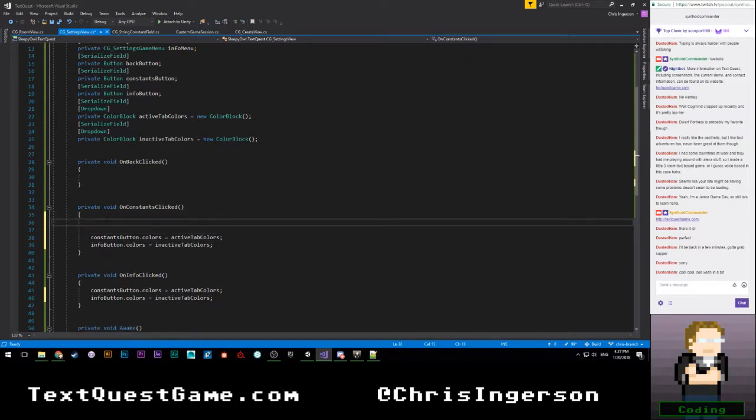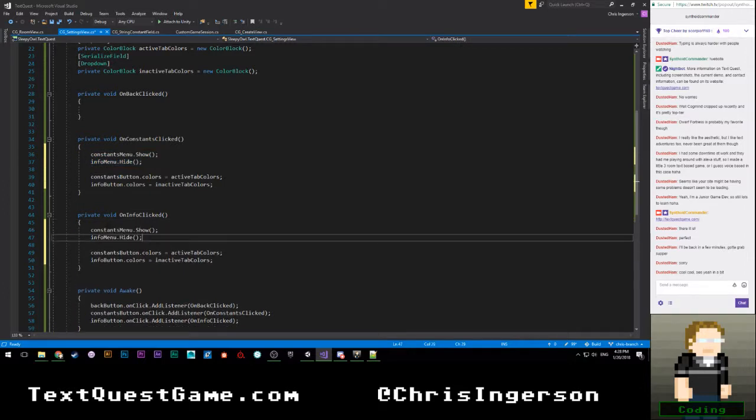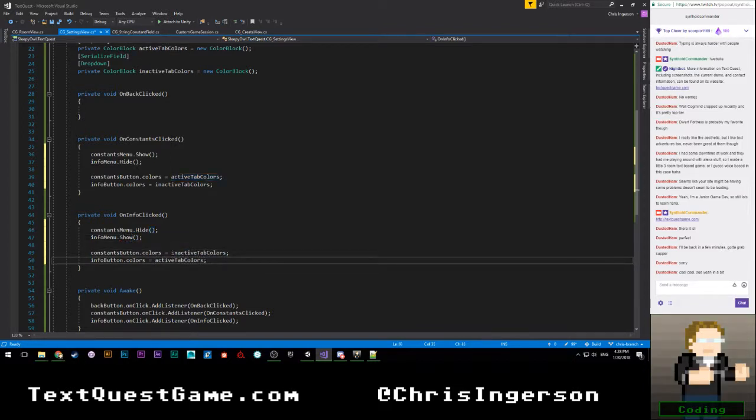Let's go ahead and say info menu dot hide, not hide flags, hide. Okay, followed by constants menu dot show. Okay, go ahead and grab this, paste that, reverse them. So hide, show, inactive, and active.